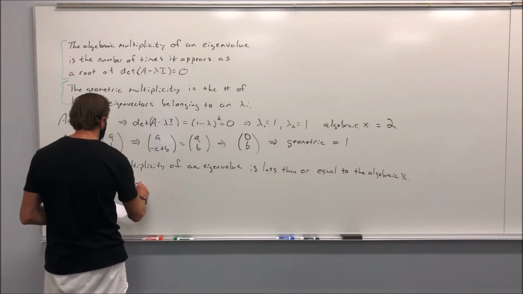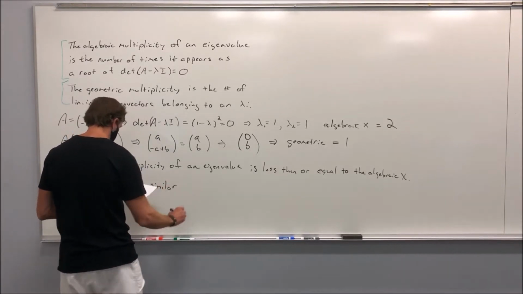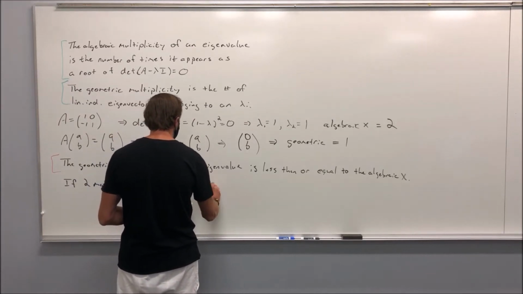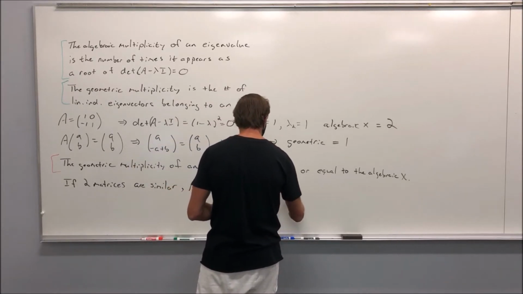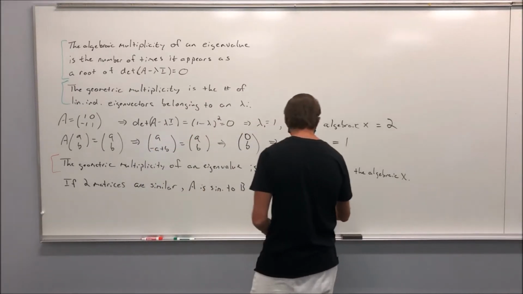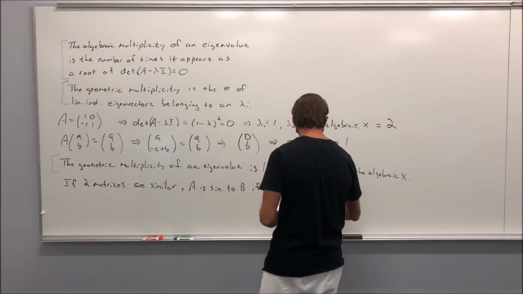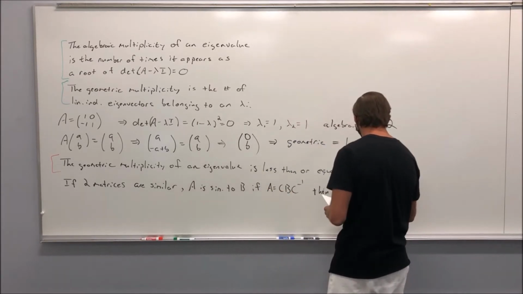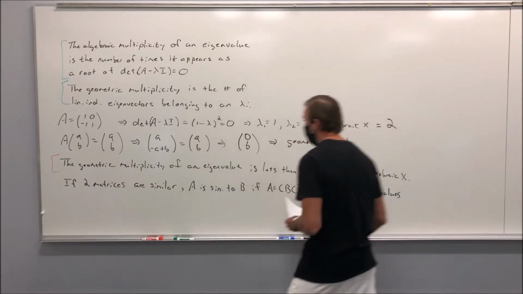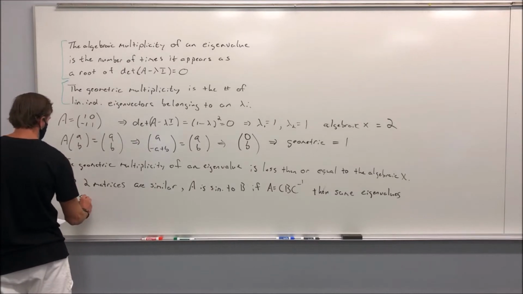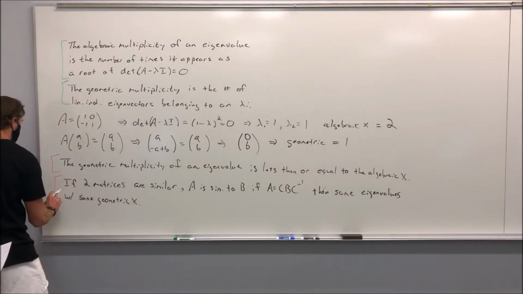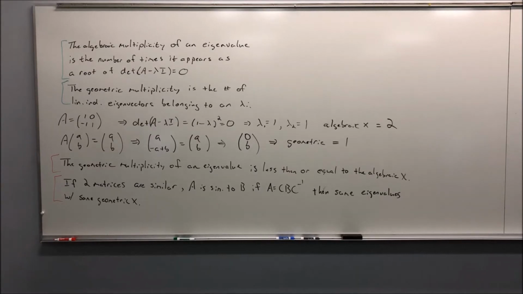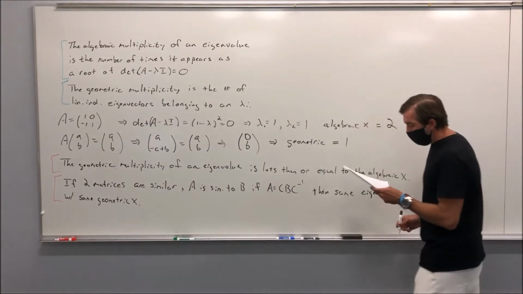If 2 matrices are similar, that is, A is similar to B if A equals C B C inverse, then they have the same eigenvalues, with the same geometric multiplicity. Now, I don't want to prove this, but I want to give you some hints into the proof of this. So, in order to understand this, let me consider